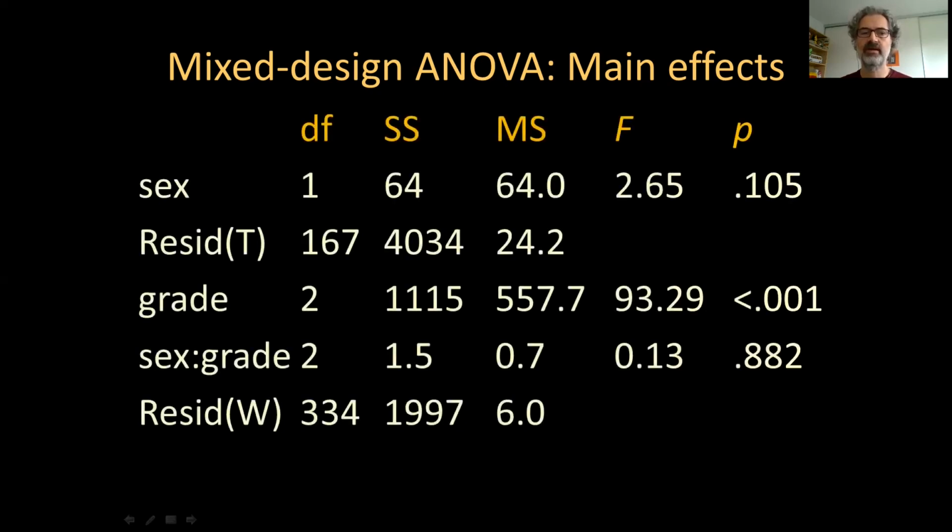Here is the ANOVA table. And see, in this table, we have two different groups or strata, as they're called, because we are interested in the within section and the between section separately. So here we have the residual, the leftover from the within participant sum of squares,